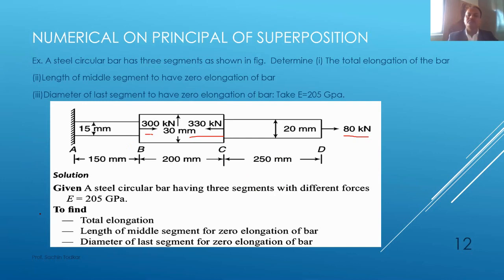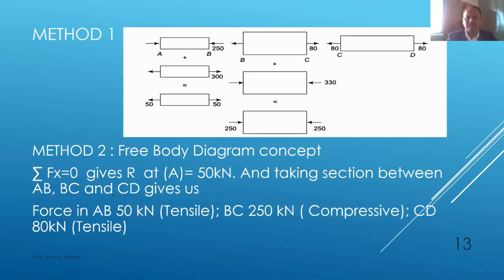Now, first thing first, we have to draw the free body diagram of this particular example. So in a free body diagram, what do we do? We make a body free by removing the particular support. So if I remove the support, I need equilibrium to be formed. So we'll see here. There are two methods. One method is from SS Rattan. We have seen this method.